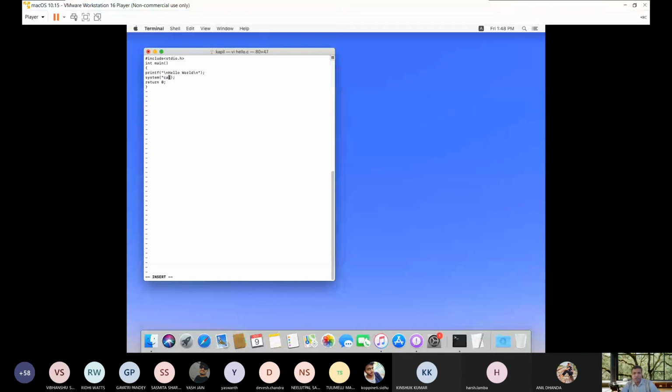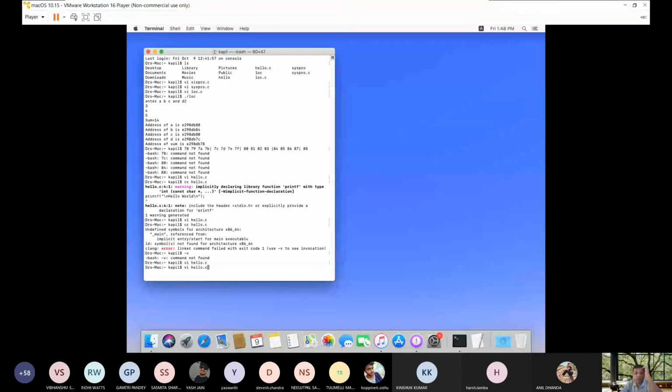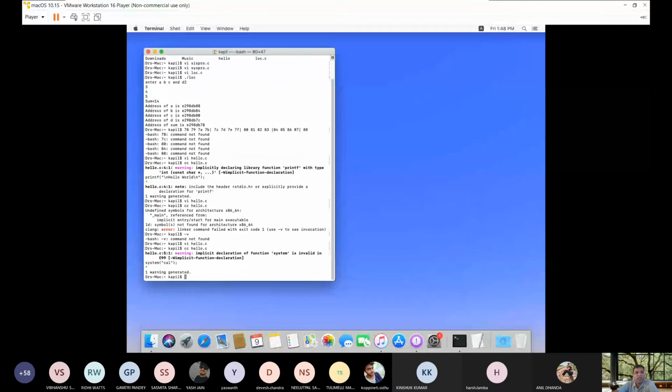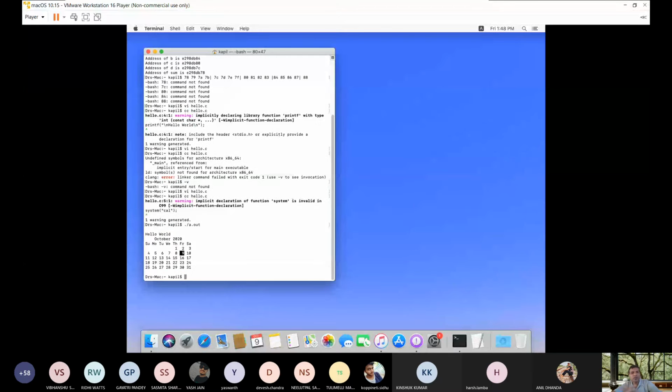So this is syntactically correct. Nowadays compilers are very smart, but in our time they were not that smart. Whenever we went for compilation, code could pass at compile time but be unable to run at runtime. Now one warning is coming, and when I write ./a.out, it will display the calendar also.